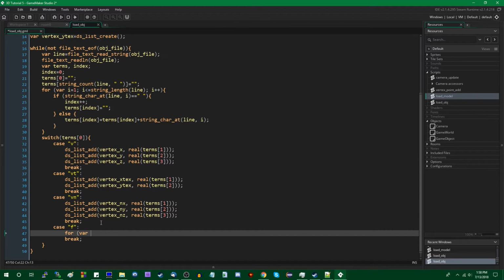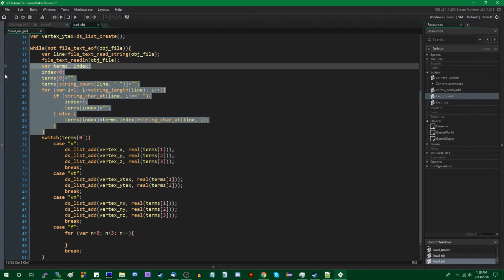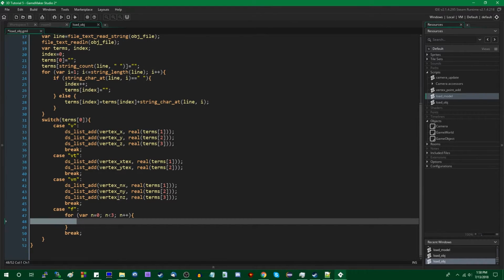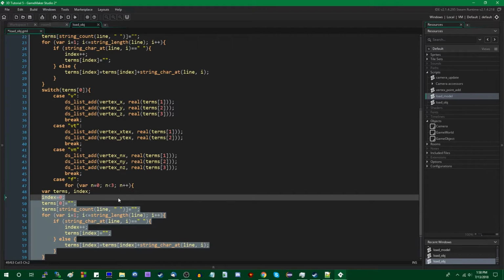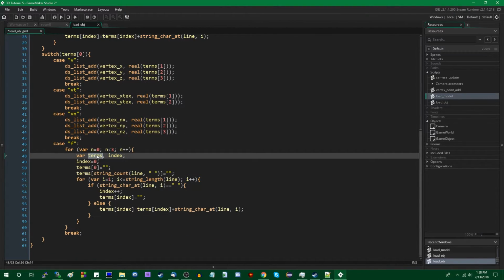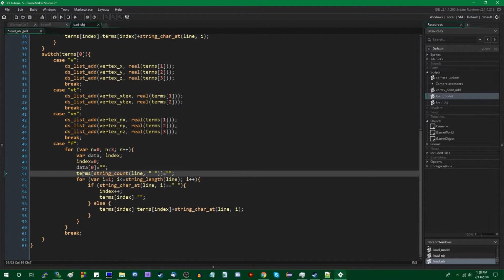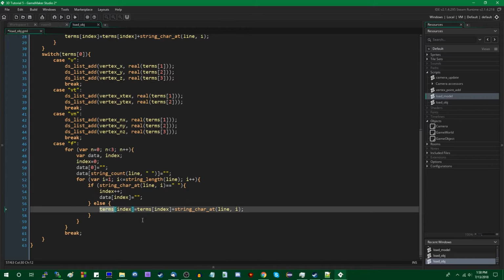Let's call it n equals 0, n is less than 3, n plus plus. Now I'm going to do what you should really never do in computer programming and copy and paste. And that's going to be the string split code that I wrote a few minutes ago. Instead of terms, I'm going to call it data, because the terms variable is already in use and I don't want to overwrite anything accidentally.